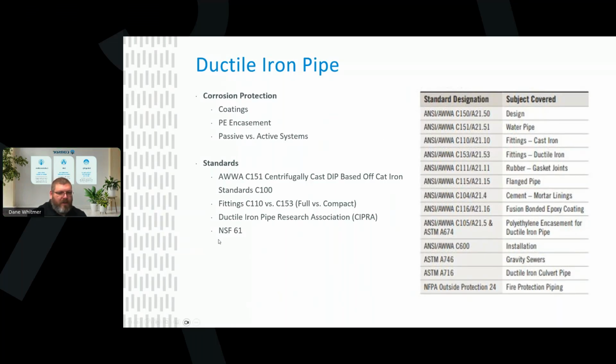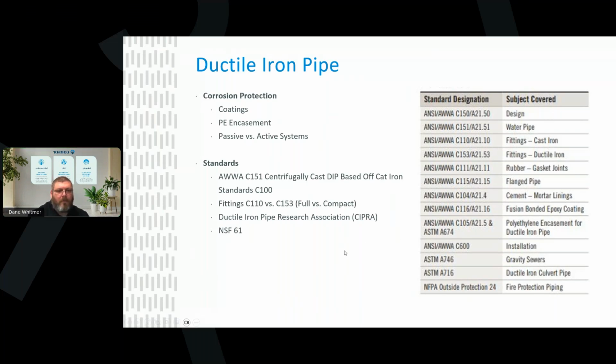One thing I do want to point out here is the NSF 61. I'm sure you've heard of it, but if you haven't, NSF is an organization, the National Science Foundation, and their standard 61 is the baseline testing that essentially states that products that come in contact, or are potentially in contact, with potable water will not further contaminate the drinking water itself. So "drinking water safe" is kind of the takeaway term that you want to think of for NSF 61.